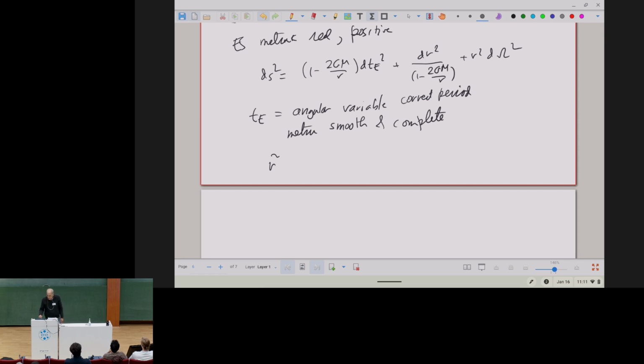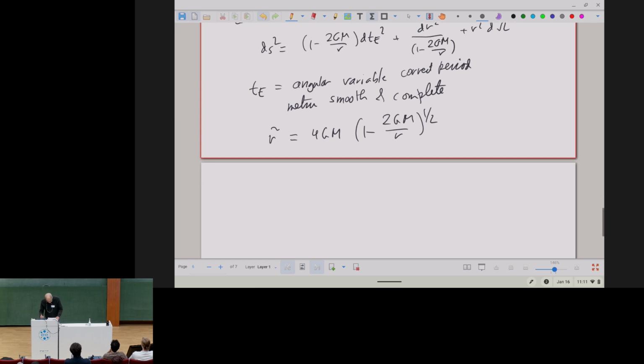And it's not obvious that this is a good metric at r equals 2GM, because one coefficient blows up and one goes to 0. So to investigate the claim that it's a nice metric, we have to find better coordinates at r equals 2GM. So as a first step, we define a useful coordinate near r equals 2GM, which is this one. And then you find the metric